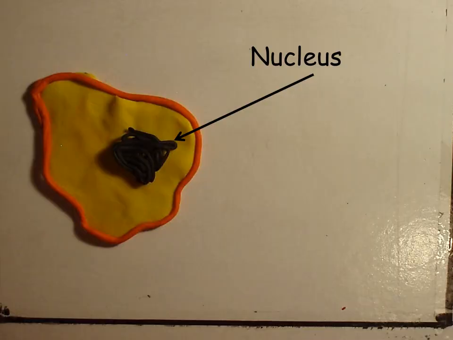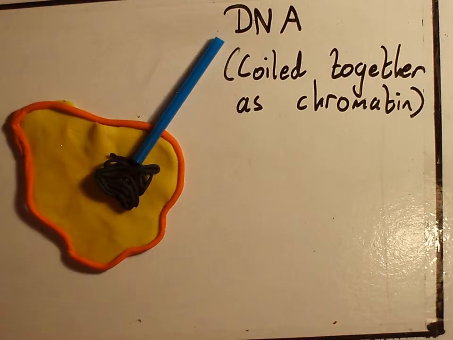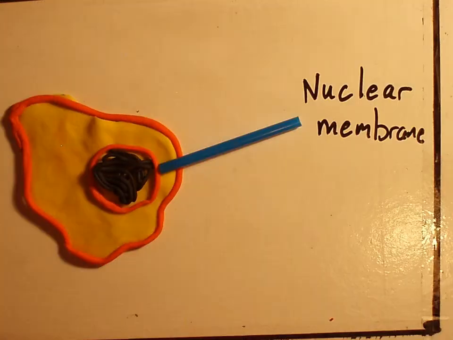Moving on a bit, you're probably familiar with the nucleus. The nucleus works as the control center of the cell, and it's made up of a lot of DNA. For most of its life cycle inside the cell, the DNA is just coiled together like a big pile of spaghetti. It's called chromatin. In animal, plant, and fungal cells, the nucleus has its own membrane around it that separates it from the rest of the cytoplasm. And again, it will have gaps in. It'll have little pores in for letting some stuff through in and out.